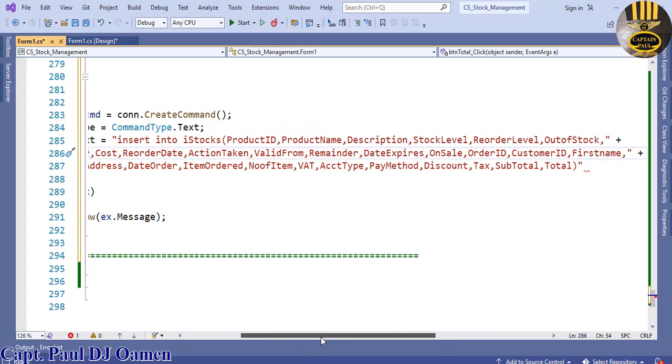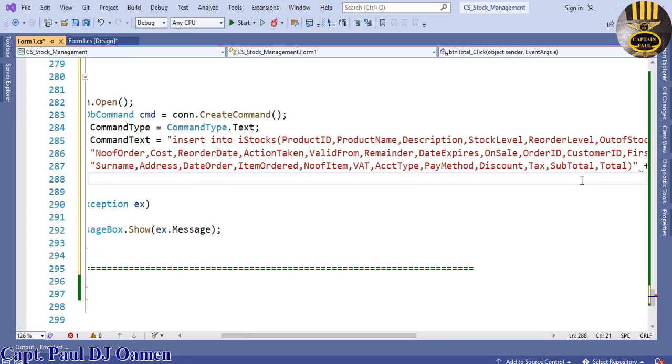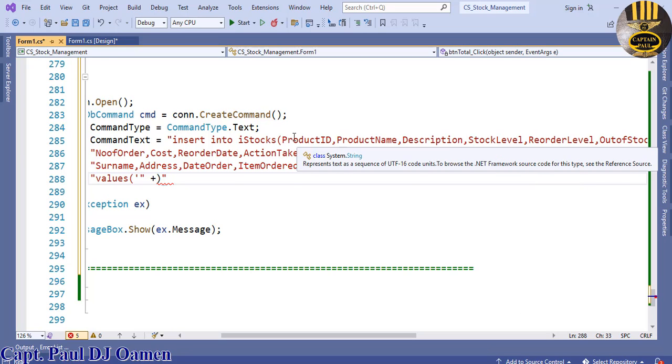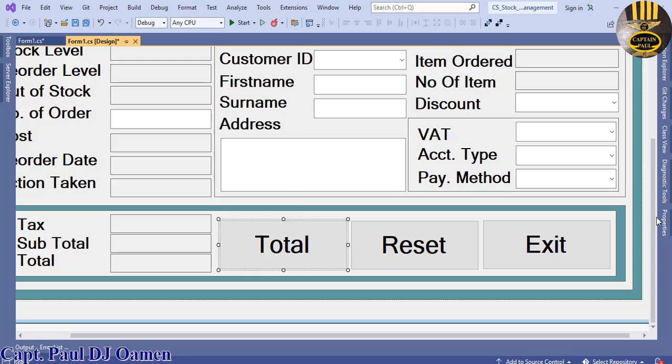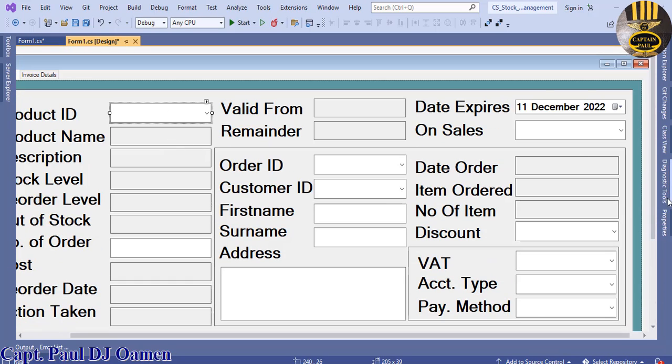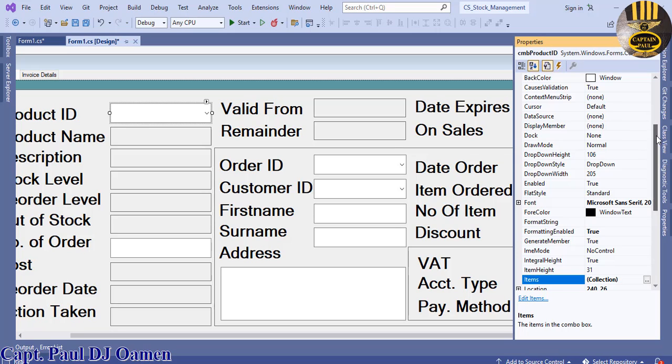Now we need to enter the values, so come right here. We don't have enough space in here, so I'm just going to say plus, come right down and say values. Put that in a quote as well, values. And the values are going to be as follows. So enter single quote, double quote, plus the very first one is my command. No, that should be, there we go, that is a combo box. Grab hold of that,